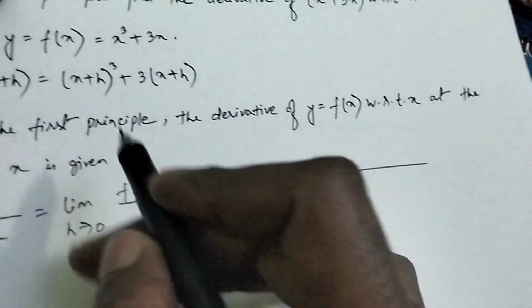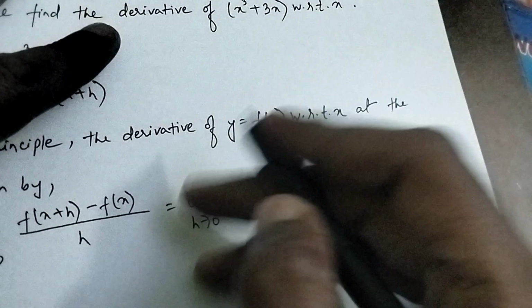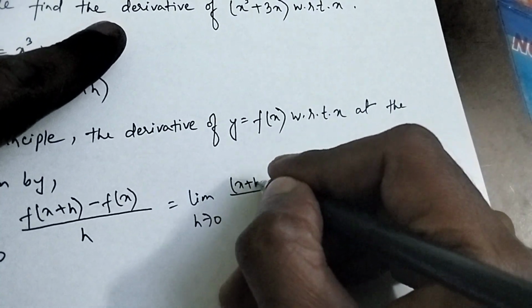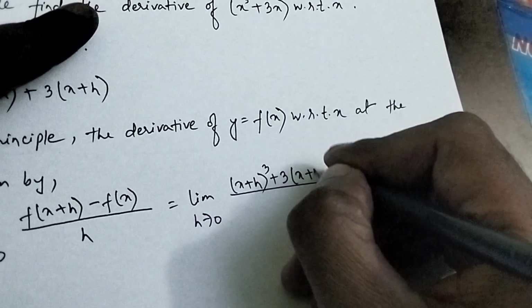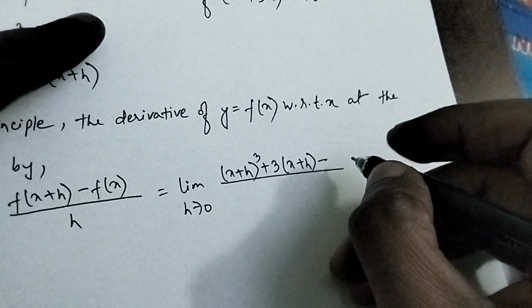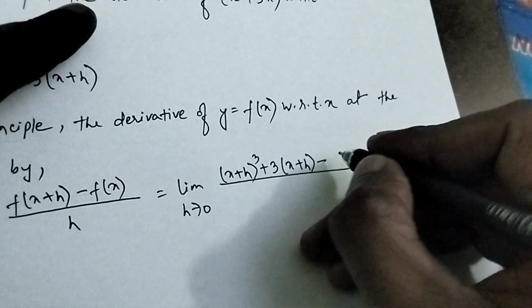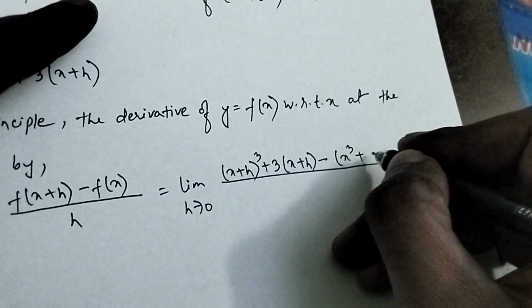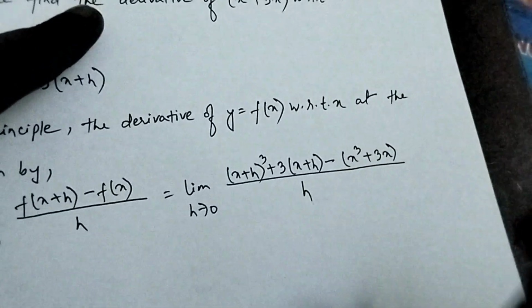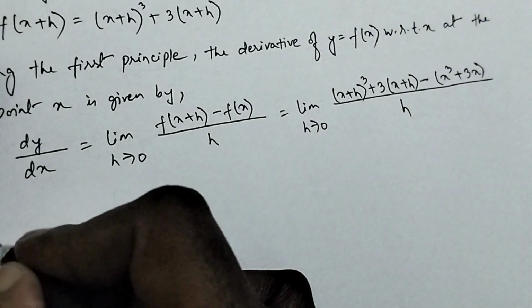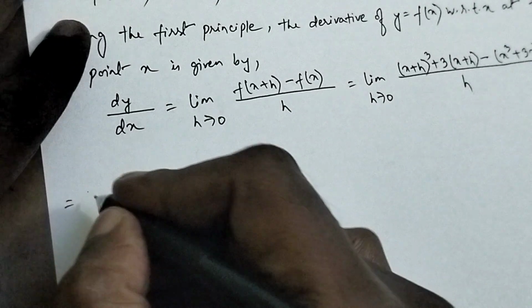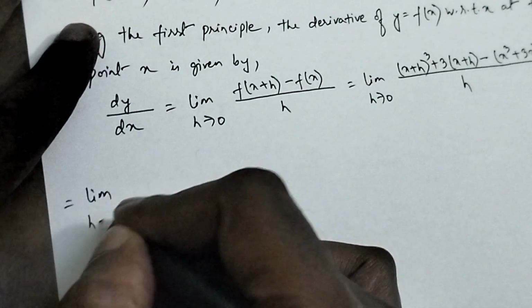What is f of x plus h? f of x plus h is x plus h whole cube plus 3 into x plus h, minus x cube plus 3x, by h. So this will be equal to limit h tends to 0